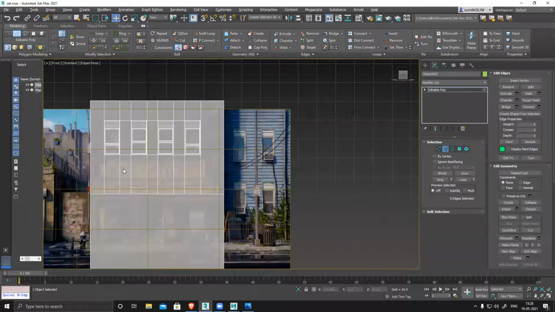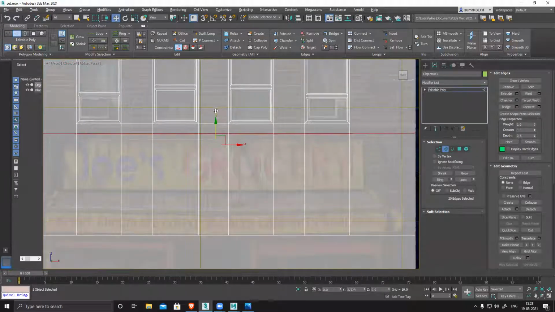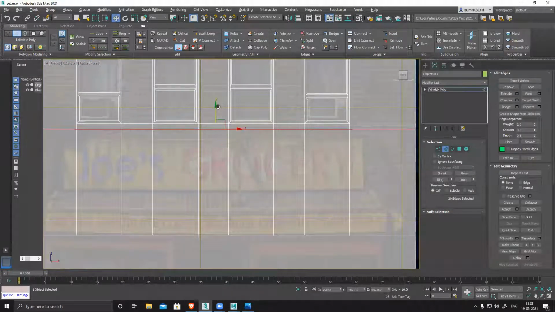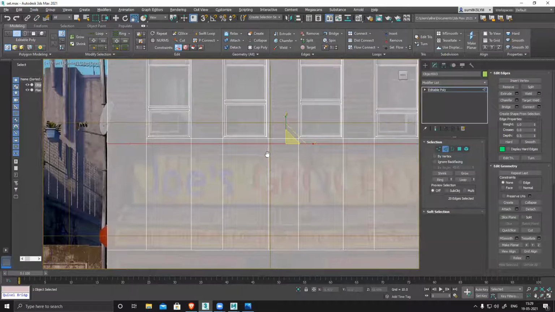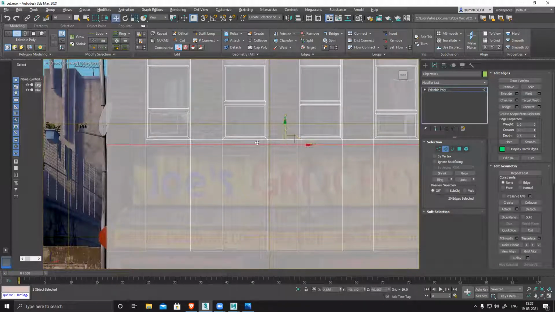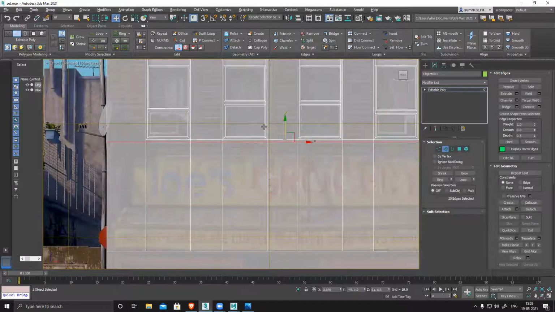Delete this, select all the edges, connect, scale, make it a perfectly straight line, and move it up. Done. Like this, you have to fix it. And if I want to create the same line, I can snap it here. It will create this issue because there is geometry there.